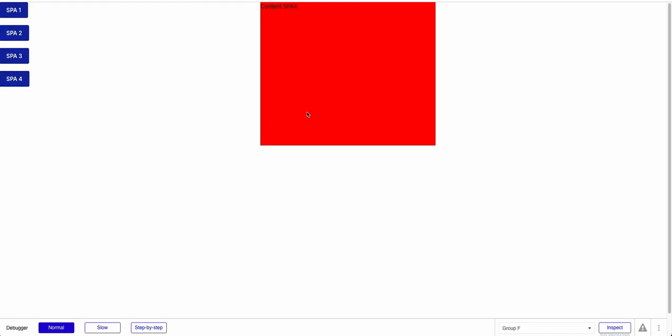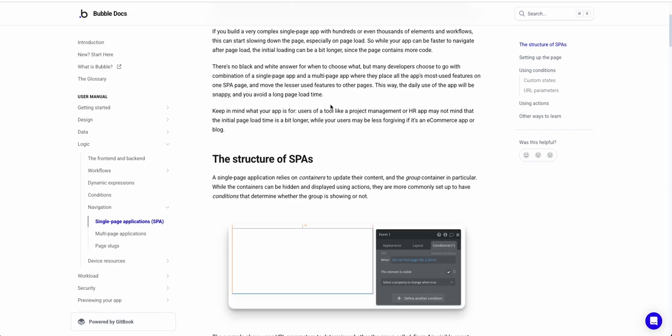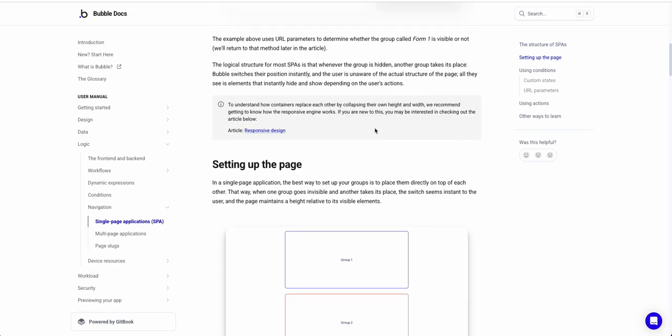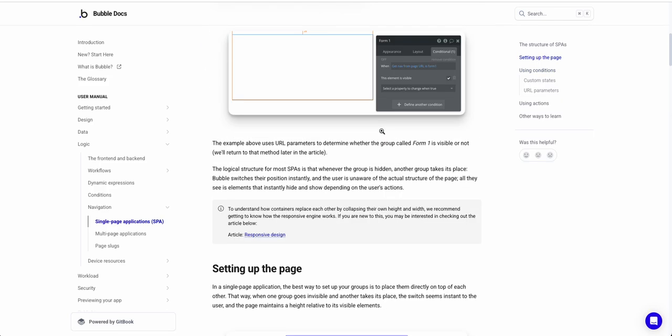So that's one of the methods you guys can approach for single page parameters. But like I said, if you go to the link I have in the description of this video, you can read more about it. You can use custom states to do the same thing. And then what Bubble